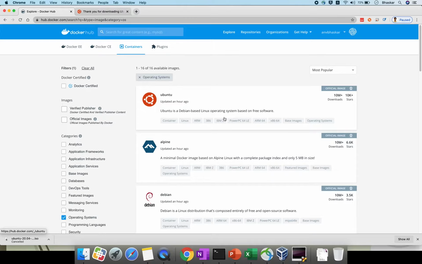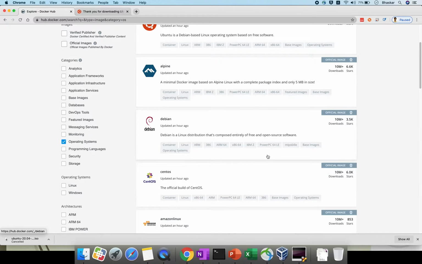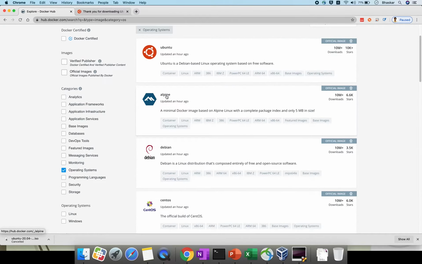If you just want to print hello world in a Linux environment, you need a virtual machine and you need to allocate memory in GB, so many things to take care of. Whereas with Docker, you just install the Docker software, pull Ubuntu or whatever you need, and you can go ahead. So these are all the Docker images, like Alpine.